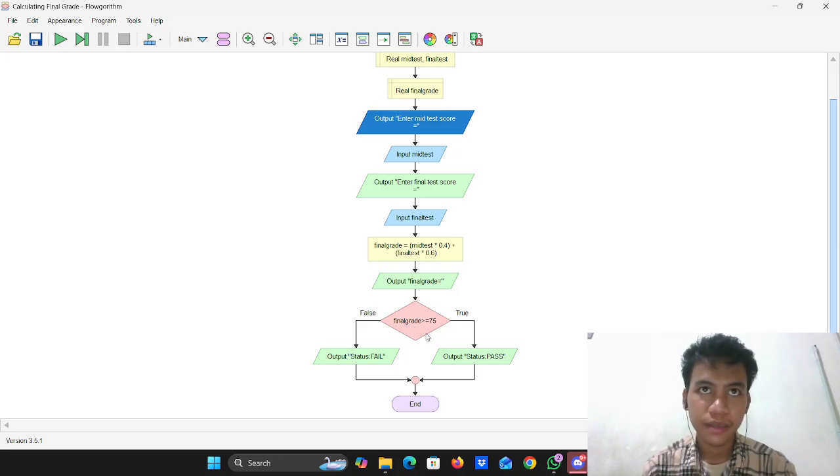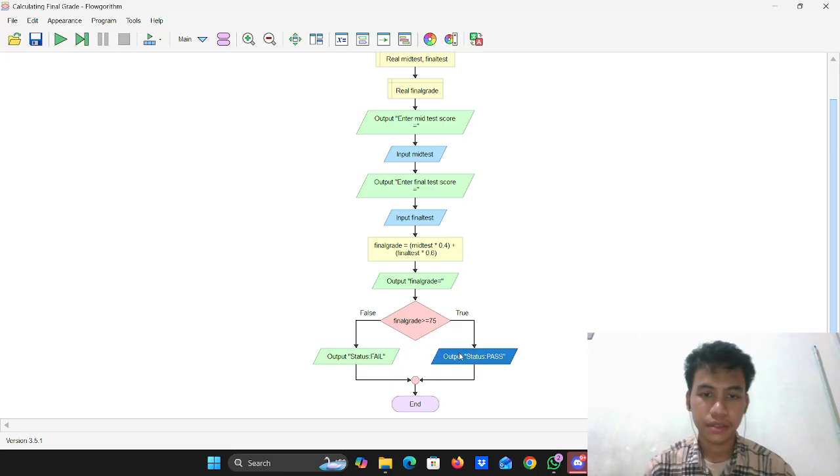But in this case it is different. We add an if because there are two outputs, pass or fail. We try to run it.